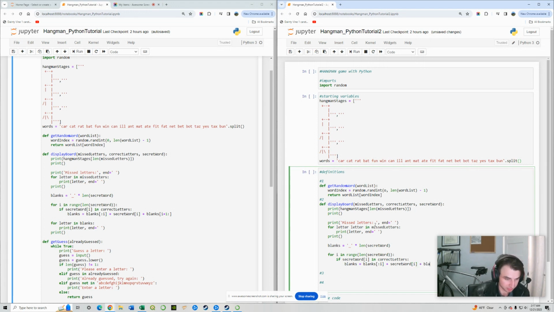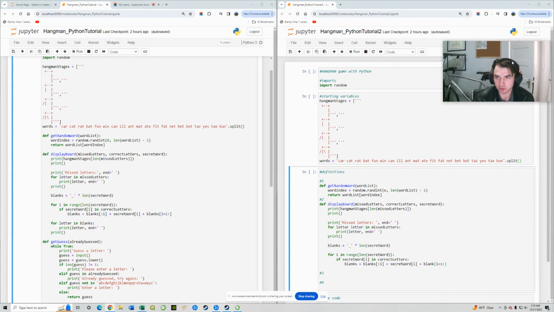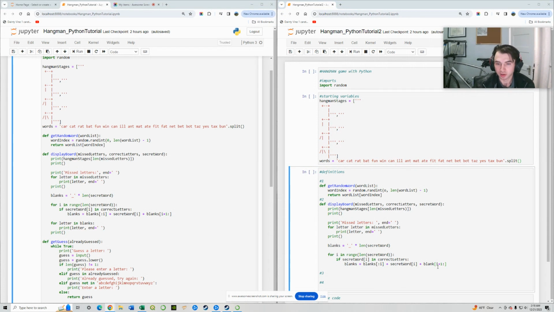So blanks I plus 1. Alrighty. So there we go. And my apologies, I'll move my screen up here. So what we have is this will allow the program to display the letters we get correct into those blanks